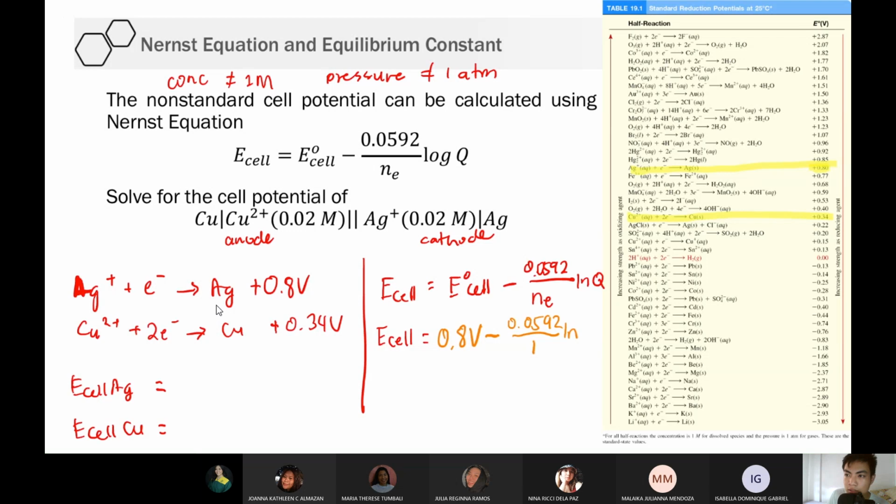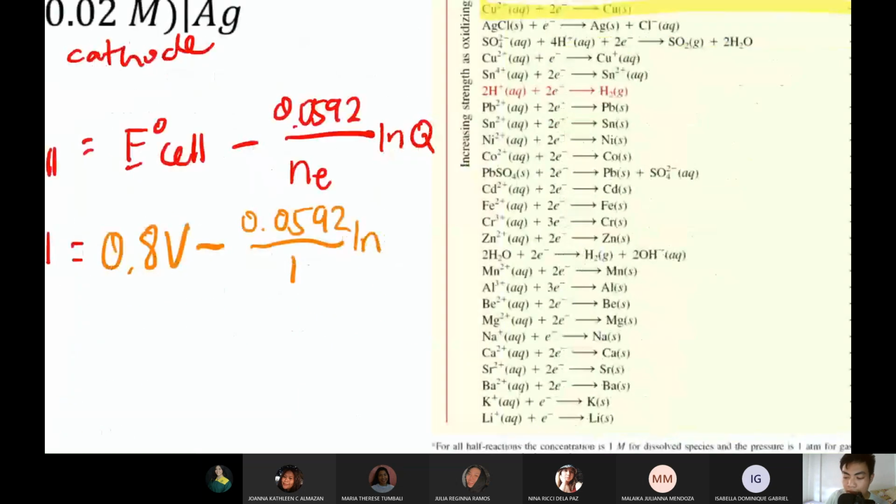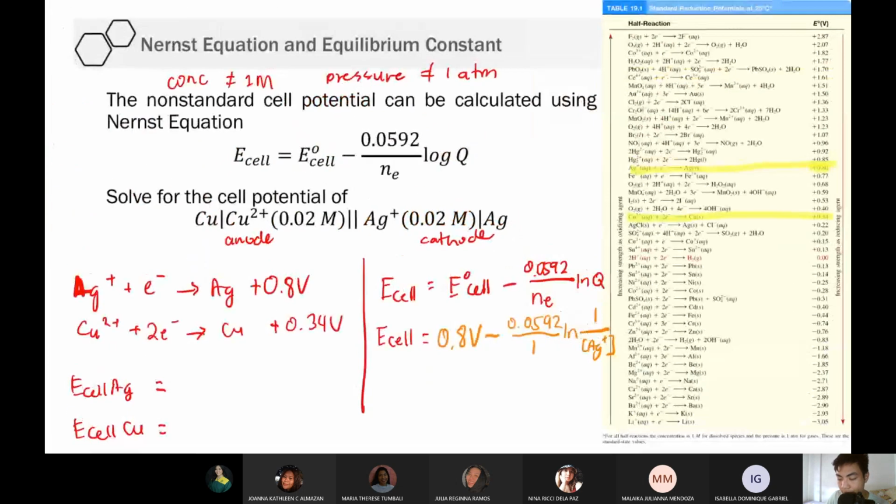You don't write the solids, ang ilalagay mo lang ay yung ions. Yung electron, di mo rin isusulat, no? Kasi wala namang concentration yan eh. Okay. So basically, ang lalagay mo lang is tong ion, no? Which is the silver plus. So yung product, wala tayong isusulat doon. So we write 1. Yung reactant, we have the silver ion. So lagay mo Ag plus. Okay. So you construct the Q.